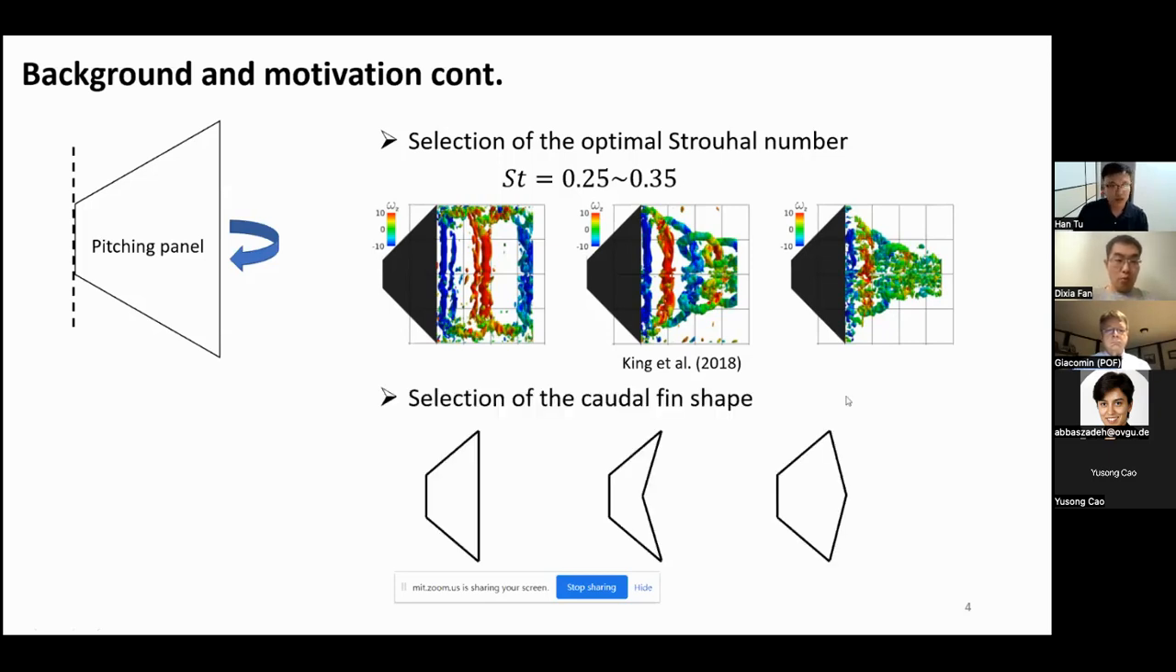And another branch is the selection of the caudal fin shape. By changing the concave angle of the trailing edge, we can get the normal one, the concave one, and the convex one. And the shed vortices in the wake should have different patterns of organization. But the overall wake